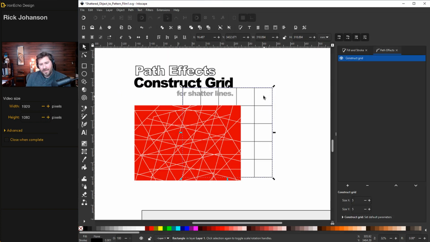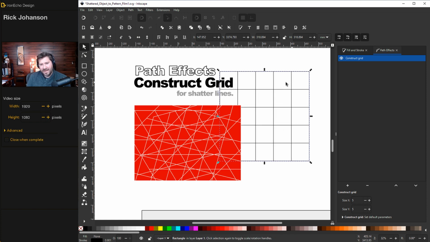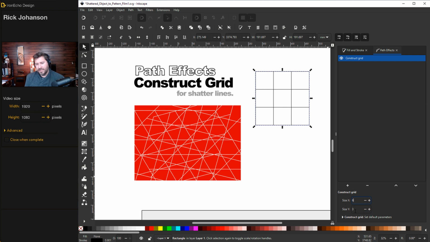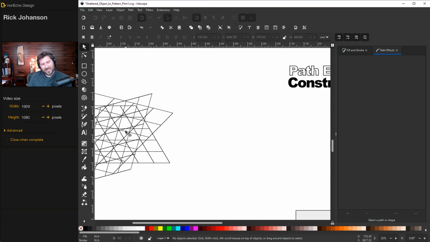So I'll click on that and it automatically took my box, and because down here it was 5 by 5, it created 5 by 5. You could do 3 by 3. 6 by 6, anything you feel like. Let me get this out of the way. Basically, I'm using this method as a quick way to make all the crisscross lines so we can shatter the